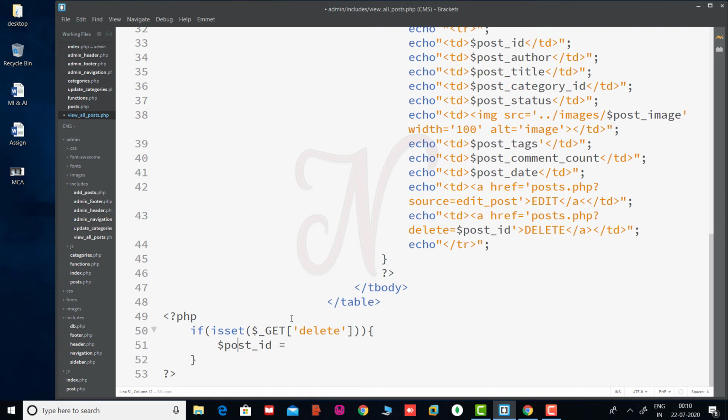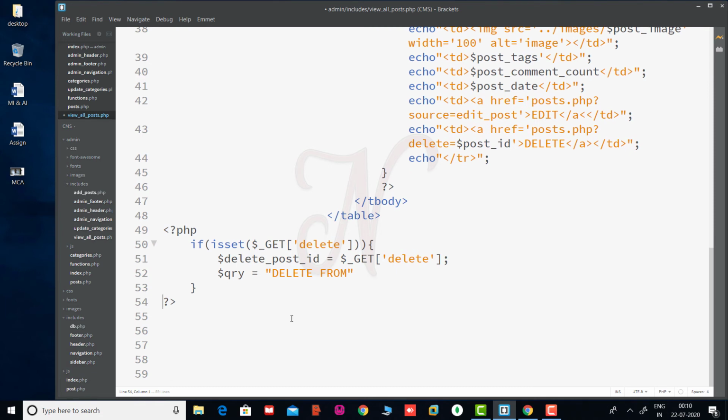Okay, so for example delete post id, and we store this id into this variable and use the SQL query, $query equal to delete from post where post id equal to, this is your the delete post id.